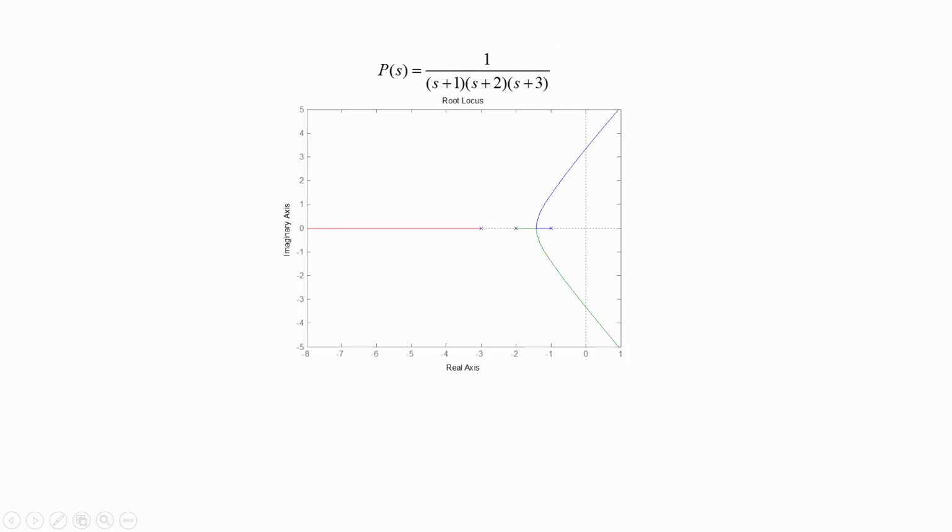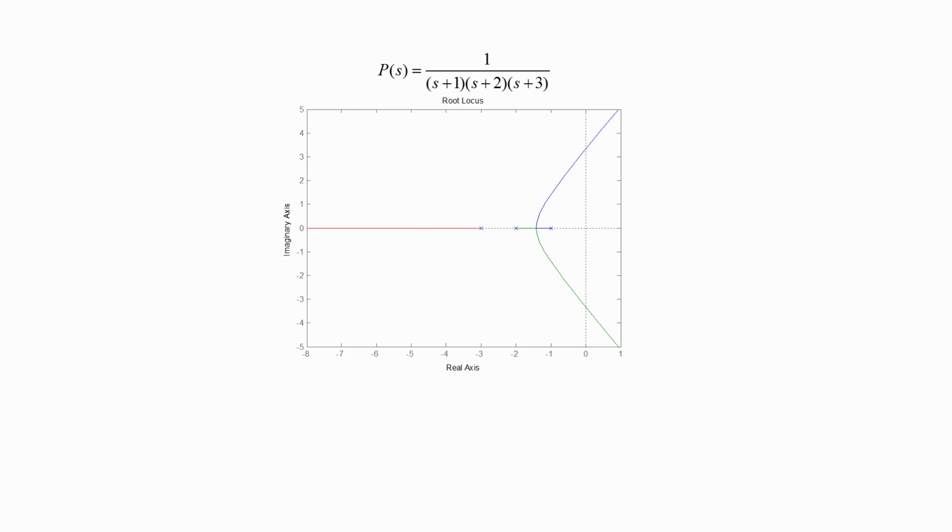So what we shall do is consider the plant P of S to be equal to 1 by (S plus 1) times (S plus 2) times (S plus 3). So this is a third order plant. The root locus of this plant has been sketched by using MATLAB software, and the root locus is shown in this slide here. One of the most obvious applications of root locus is to be able to choose a proportional